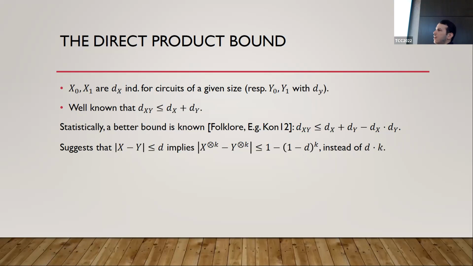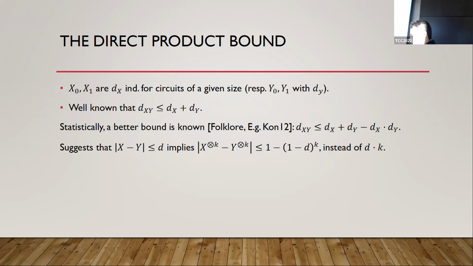Okay, so we draw a bit, and either we give the adversary two samples from x0, y0, or x1, y1. Now, it is not hard to show, in fact, it's very fundamental using a simple hybrid argument, that the distance will be at most dx plus dy. However, it turns out that statistically it is folklore knowledge in probability theory that you can show that this bound is not tight, and you can actually show something tighter, which is tight, the bound that is dx plus dy minus dx times dy.